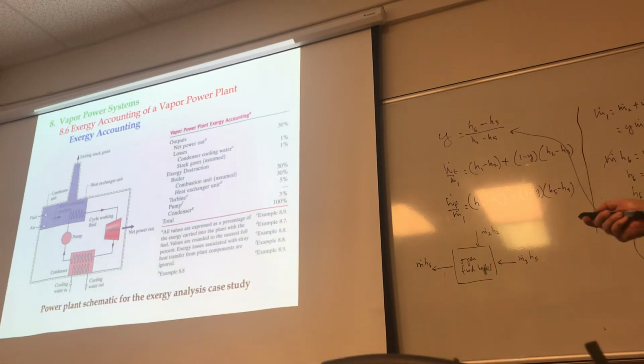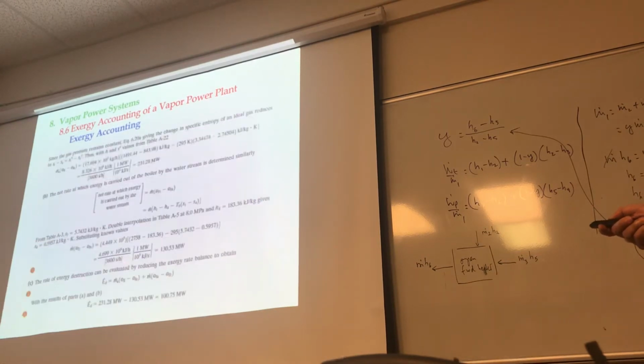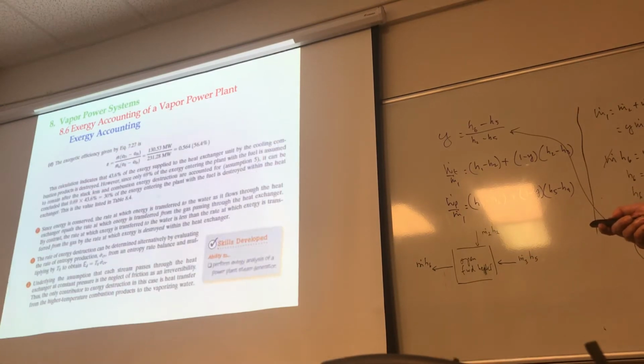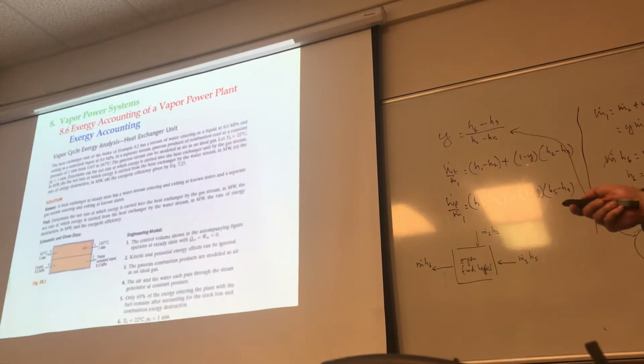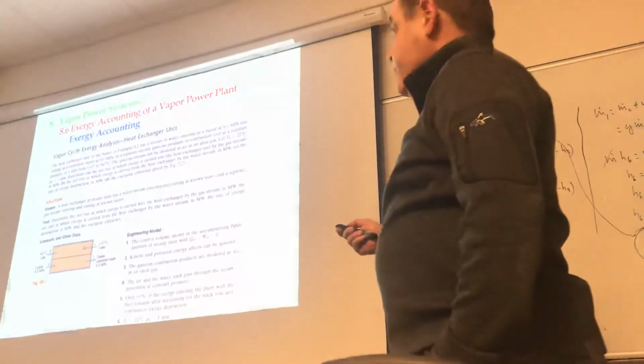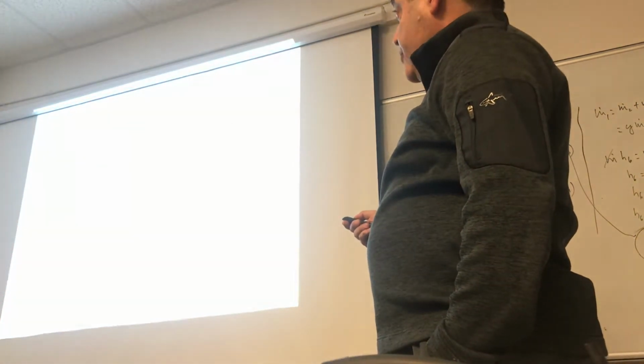And I think you get about three examples, 7, 8, and 9, and each one of them goes through the different processes. Let's see what that is. Okay, let's take a look at this one because I think we do have a little bit of time. We're just going to look at one of them. Vapor cycle exergy analysis, heat exchanger unit. Okay, so the heat exchanger unit at the boiler